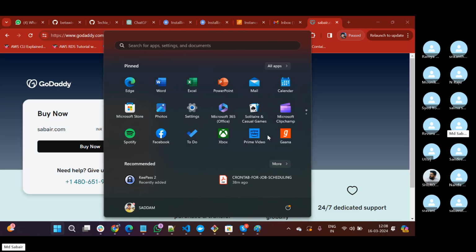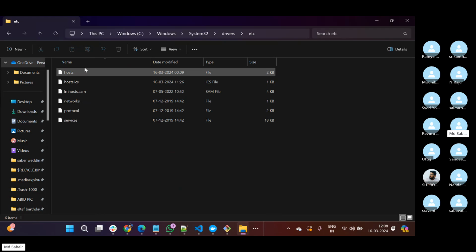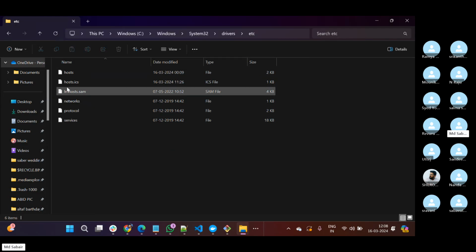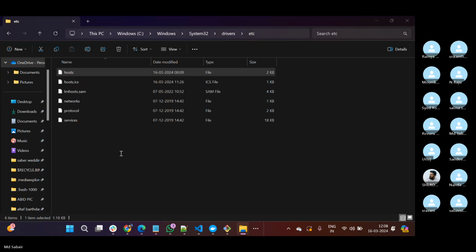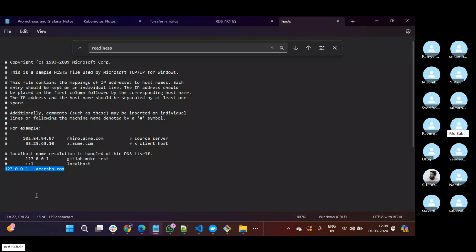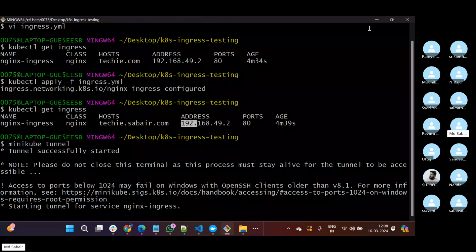So we have something called local DNS, which we have seen in our initial sessions. I will go to the etc path, this is the path for our Windows. Here you have one file called hosts. In this file you can see this domain was already configured. For Minikube you should use 127.0.0.1, but if it is for your Kubernetes cluster which is on cloud or on physical machines, you should copy the ingress IP address, this one, ingress IP address 192. So in our case, since I am using minikube tunnel, this will be working on